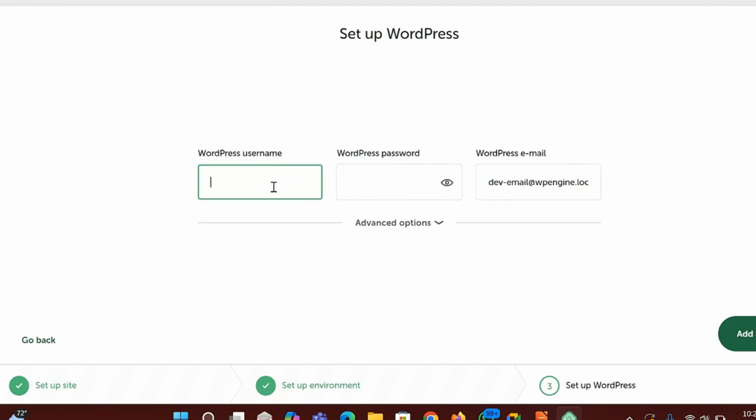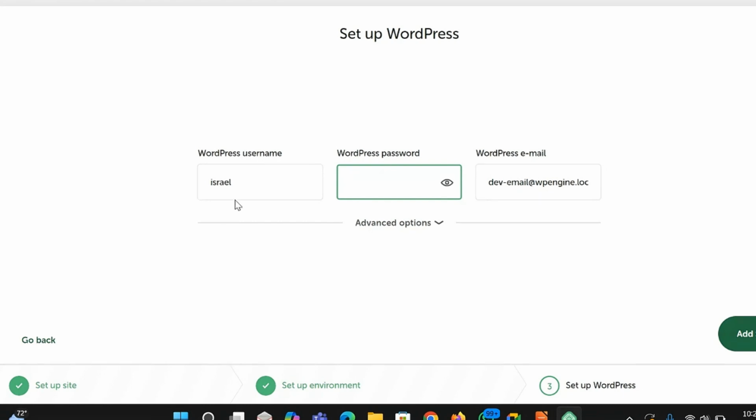Once you click on continue, they ask me my WordPress username. I can choose any username. It's not really important. I can say my username is Israel, and the password. There are two things that you're always going to access the WordPress dashboard with, your site dashboard. And those two things are the username and the password. Just like you log into Twitter or X or Instagram or Facebook using your username and password, you should know the username that you used and the password you used. Otherwise, you can't log into the dashboard of that website. So username and password.